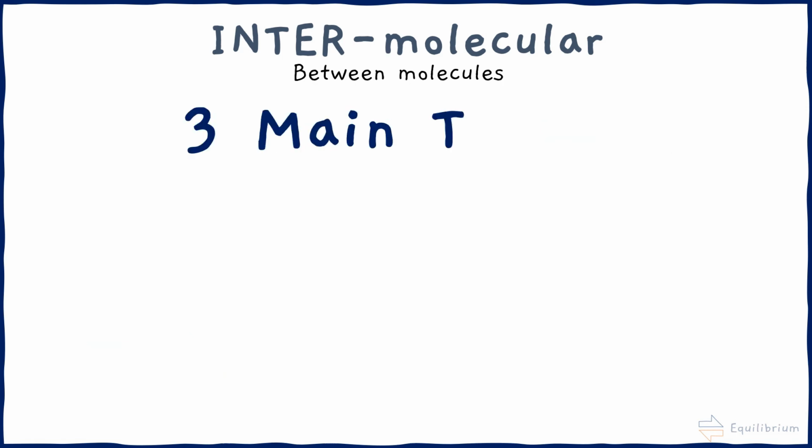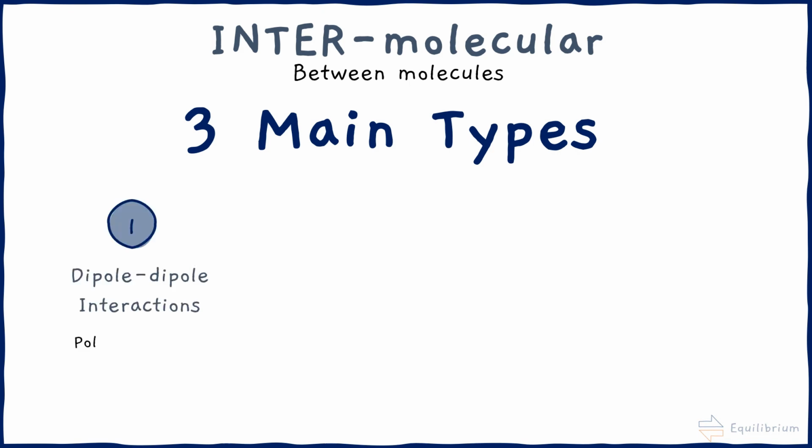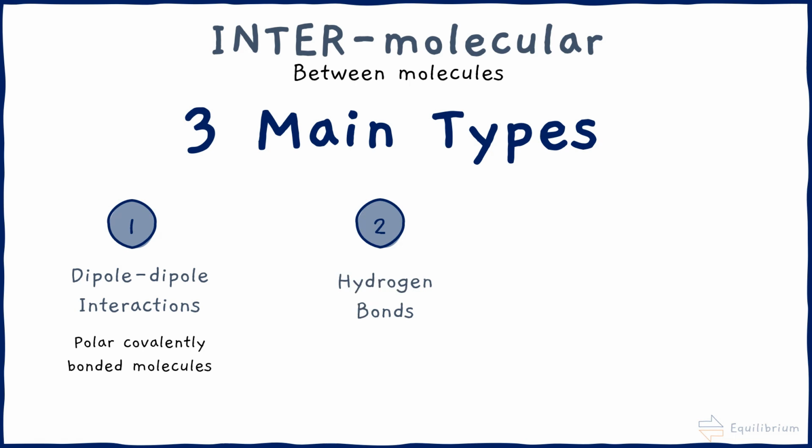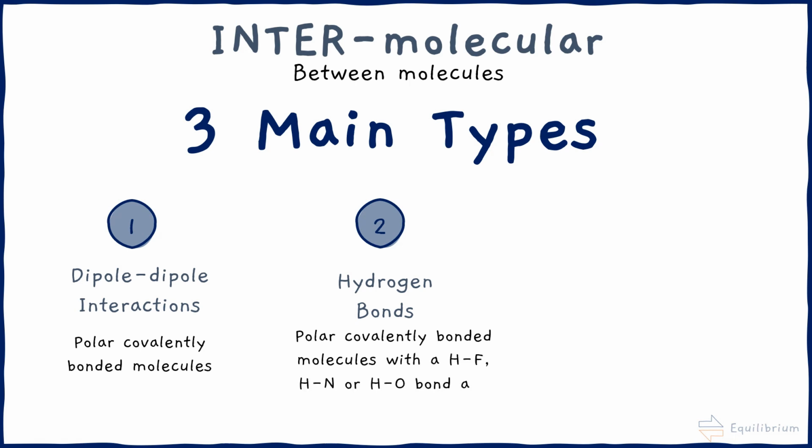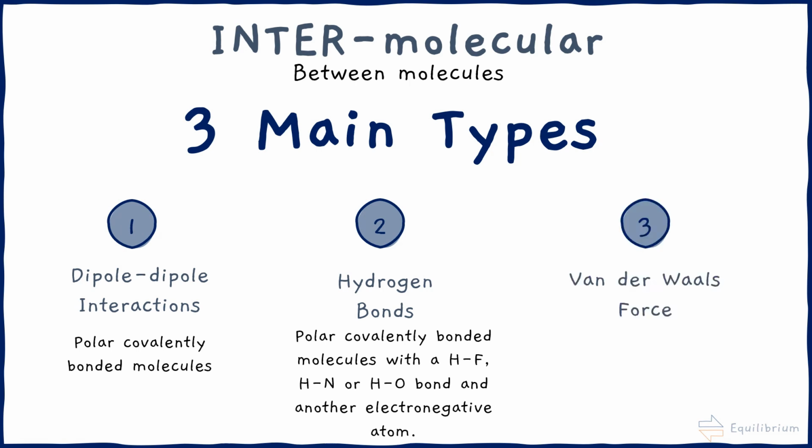So in summary, there are three types of intermolecular forces. Firstly, there are dipole-dipole interactions, which are found between polar covalently bonded molecules. Secondly, hydrogen bonds, which are found in polar covalently bonded molecules with a HF, HN, or HO bond and another electronegative atom. And finally, van der Waals forces or London dispersion forces, which are found between any